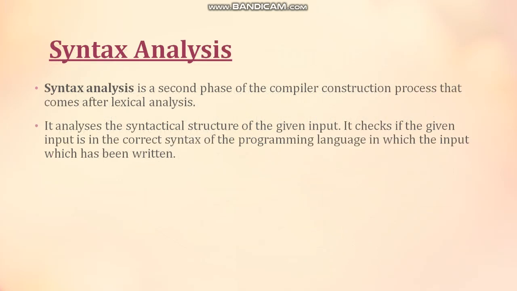Now how does it work? It basically processes the input token stream against the production rules defined in our grammars and detects the syntax errors if any, and if there are no syntax errors, it generates a parse tree as an output. So basically the input of this phase is tokens and the output is a parse tree. Now these production rules of our grammar are implemented in the form of small modules or functions in this phase of compiler construction, and these modules are used to check the syntax of the input stream.